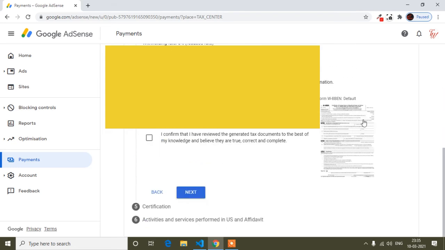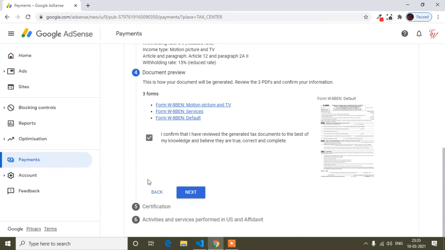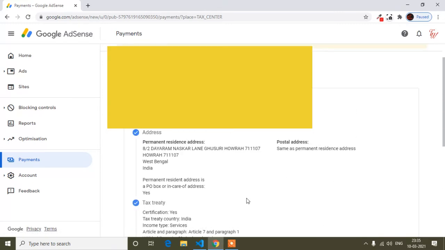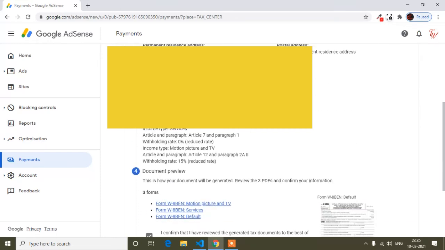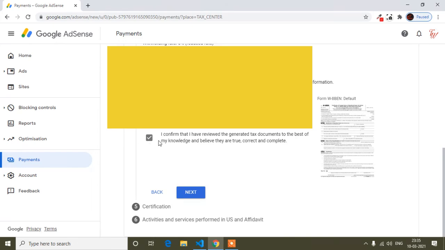If you think it's correct, you just confirm this one. Otherwise you can click this back button and edit your address or any details, and then come back here. Here I checked already, so everything is complete and correct. So now I click this check option, and now I will click the next option.